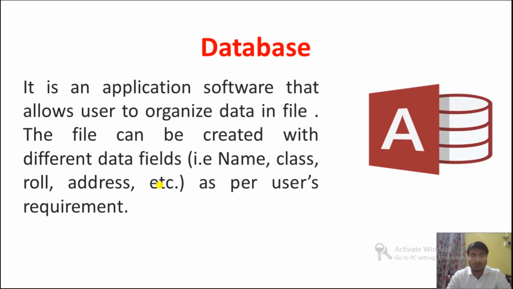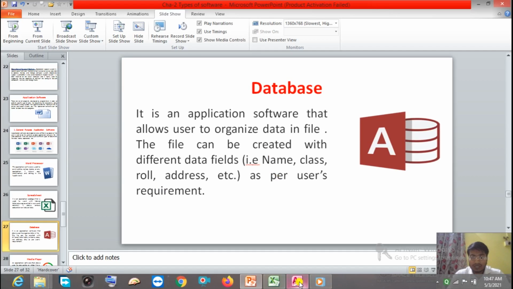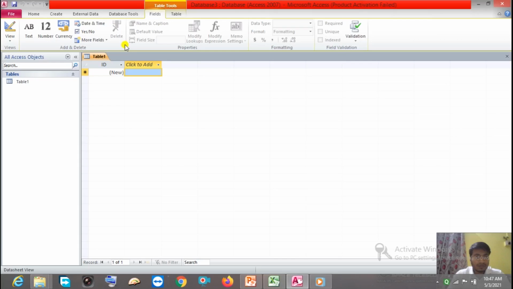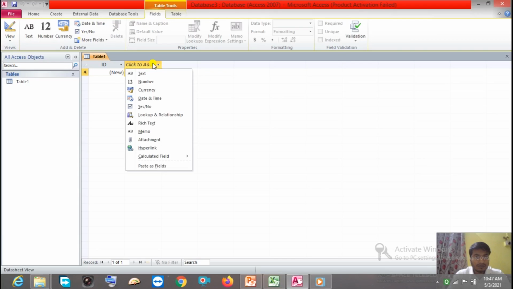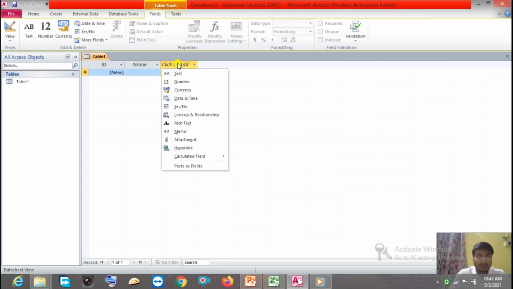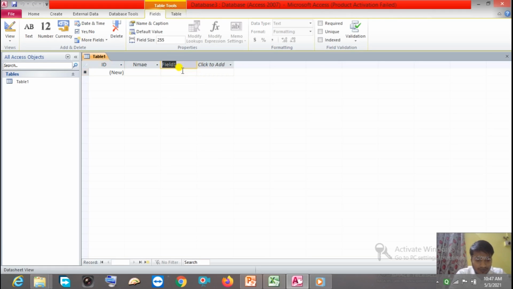Now let me show you the database application. Here you can see this is the database application. Suppose you want to store something. Suppose here I want to store a name, then here the date of birth.